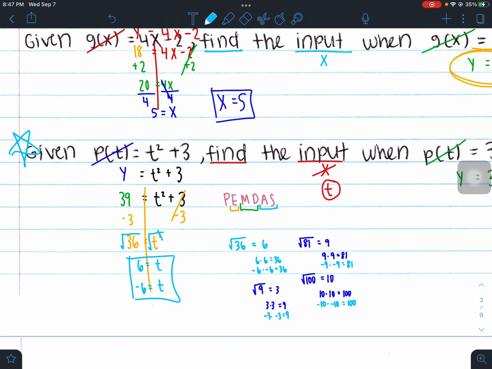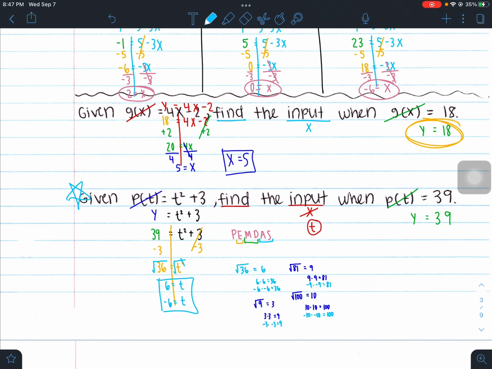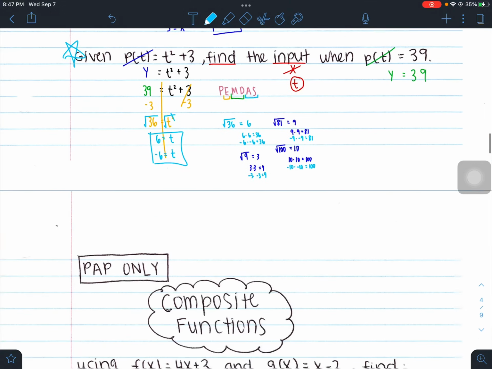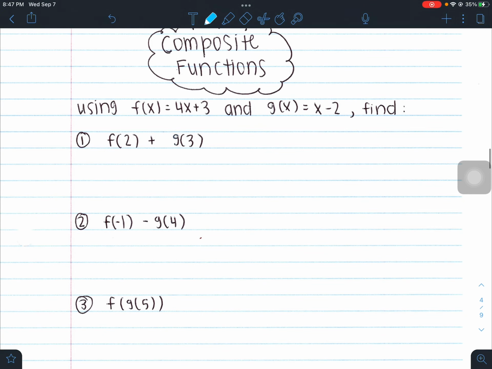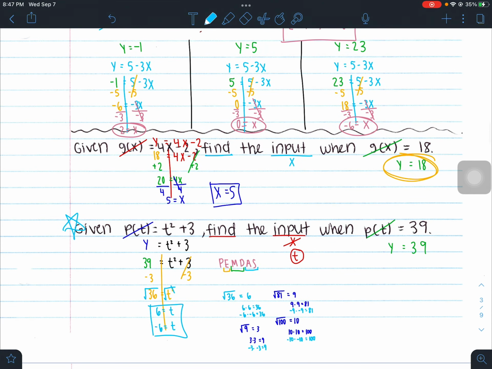So this one is a very important problem to kind of remember, because when you square root, you're going to have two answers. And the way that you can remember that is this little baby 2 should remind you that you're going to have two answers when you're done. But that is evaluating functions and sequences. The honors section, which is composite functions, is in a different section. So if you are in honors, then make sure you click on the video for that. But other than that, the sequences video will be